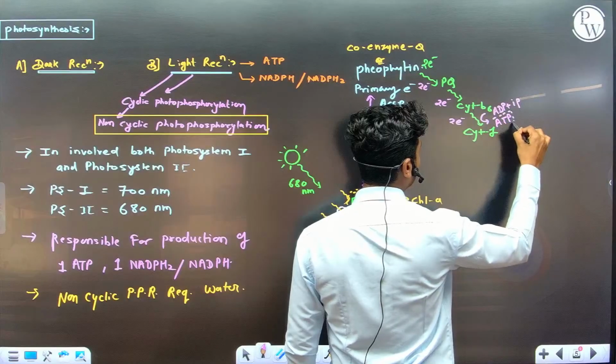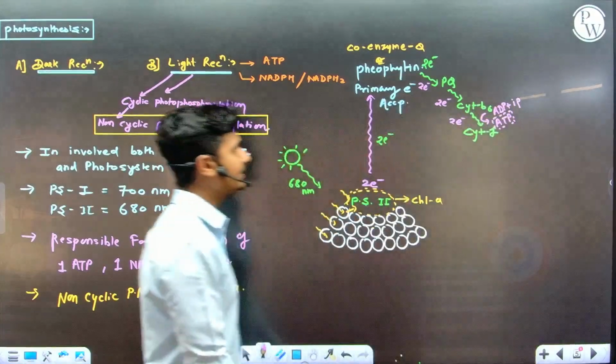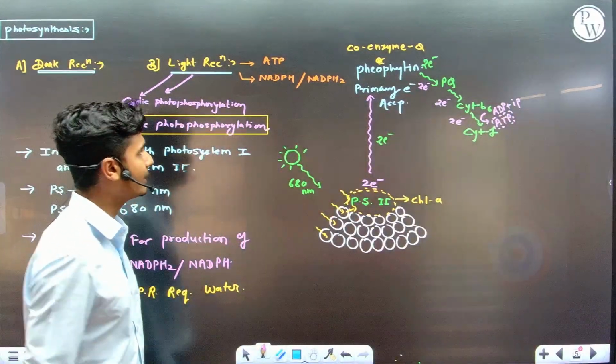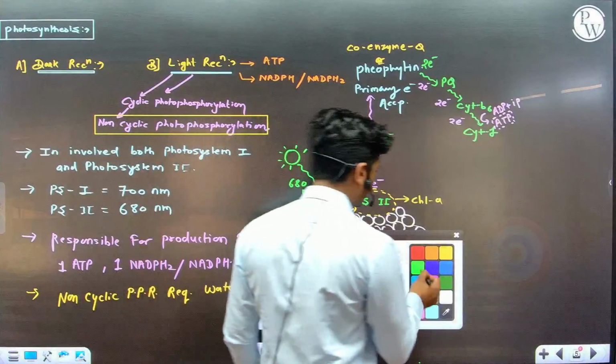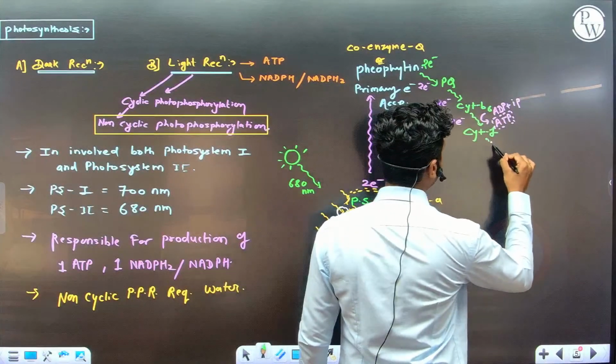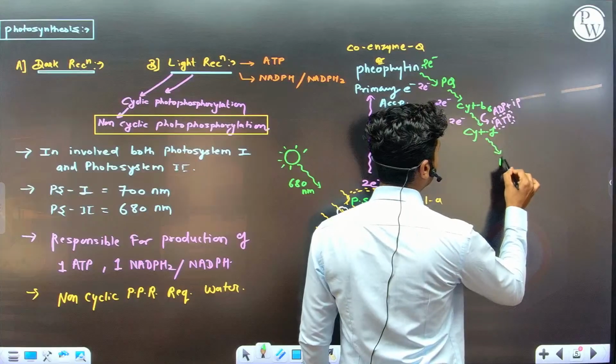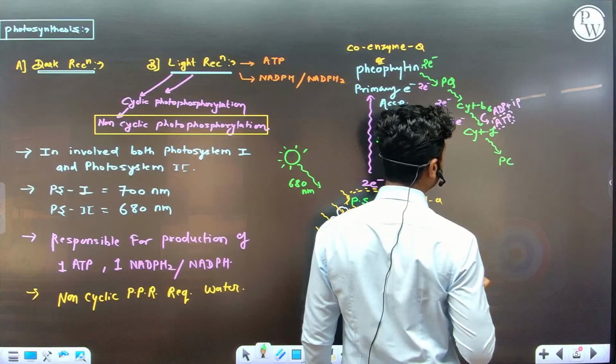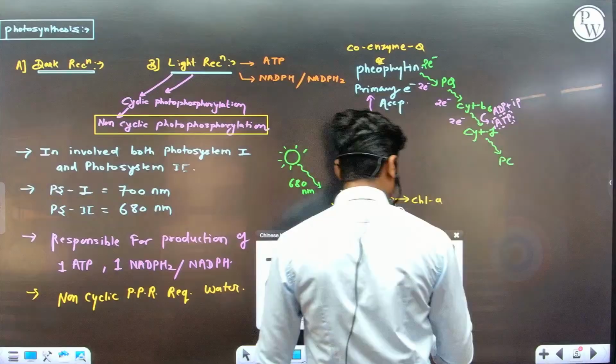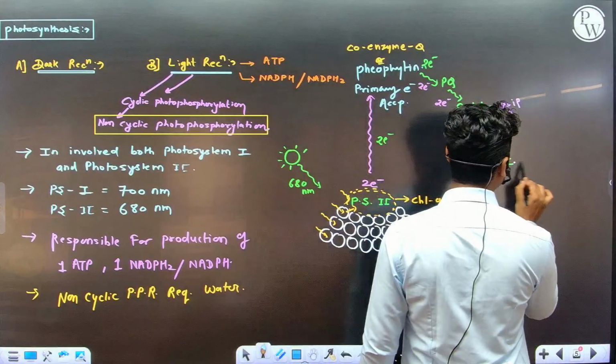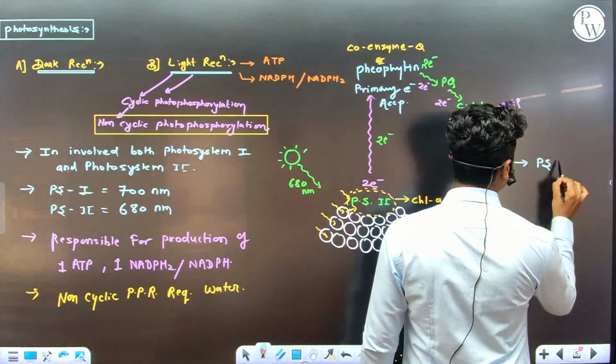One molecule of ATP is formed during this reaction, cytochrome B6 to cytochrome F. Now, what happens next? Cytochrome F gives this electron to PC, that is plastocyanin, and plastocyanin transfers this electron to PS1,